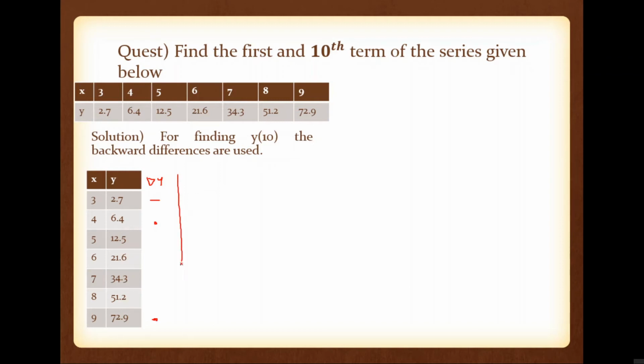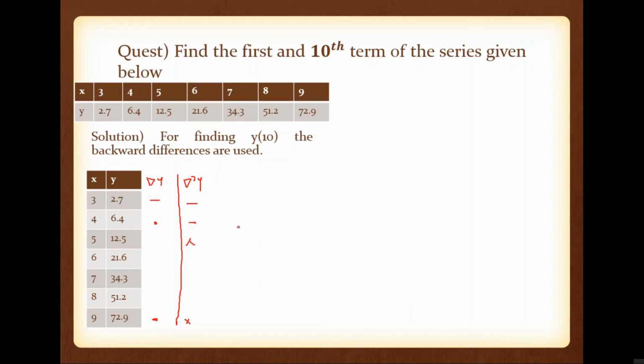Similarly, by using del y, you have to find del square y, where you have to find up to this position. First two data are absent because this is 2, so first two data are absent. Then del cube y up to del raised to 6y. So find it. If any particular row is giving completely 0 value, you can stop there. At that point, there is no need to find up to del raised to 6y if a particular row is giving completely 0.